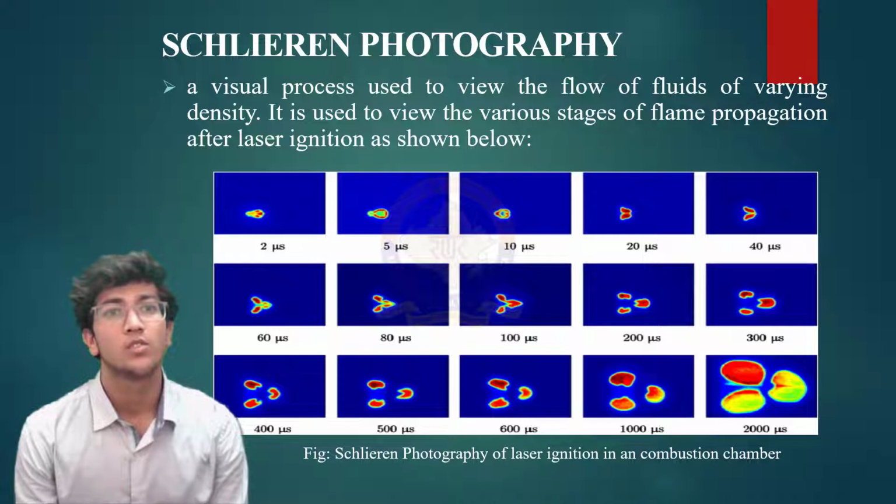It is a visual process to view the flow of fluids of varying density. We know that on heating any material, it will change its phase, and from changing its phase, it will also change its density. Taking an example of water, we will boil water, steam will be produced, and the density of water and steam is different. So there is a figure which shows us planar photography, where we use a plasma pulse laser on a